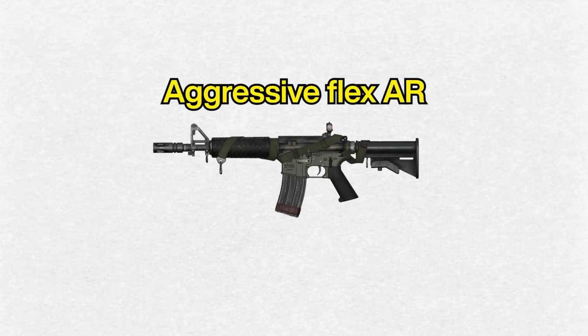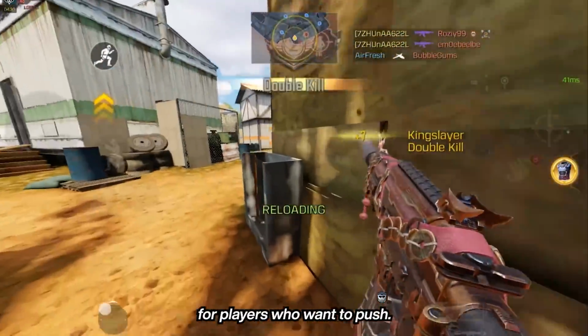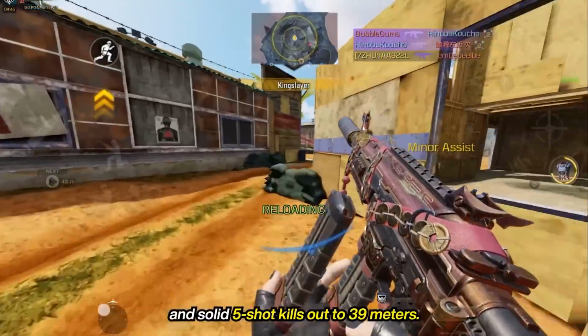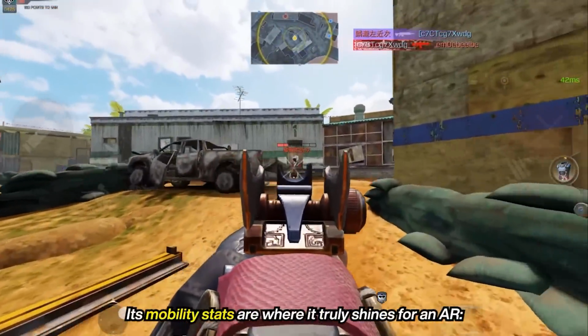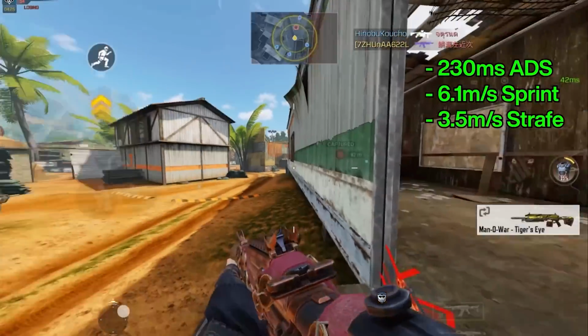Sliding into number 7 is the XM4, the go-to aggressive flex AR. The recent Type 19 nerf really cemented the XM4's role for players who want to push. It delivers consistent 4-shot kills up to 28 meters and solid 5-shot kills out to 39 meters. Its mobility stats are where it truly shines for an AR: fast ADS, good sprint speed, and most importantly, a